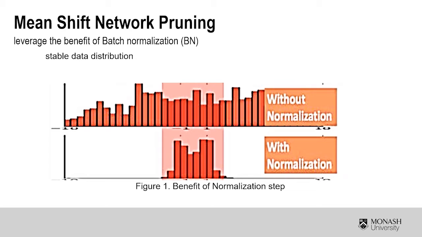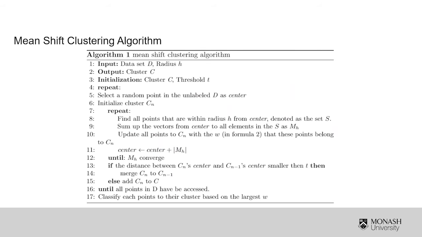The batch normalization algorithm normalizes the input at each layer to make the input data distribute stably during the training process, which solves the above issues and also reduces the difficulty of analyzing the relationship of the weights. After selecting the batch normalization layer, we choose to apply the mean-shift clustering algorithm to cluster the weight values of the batch normalization layer and prune out the unnecessary channels based on the clusters.